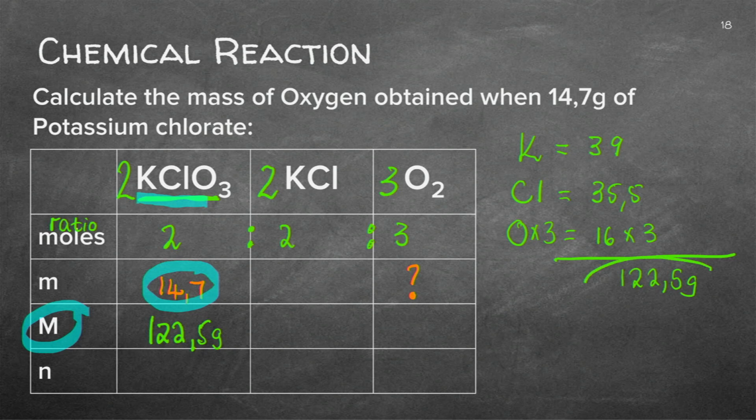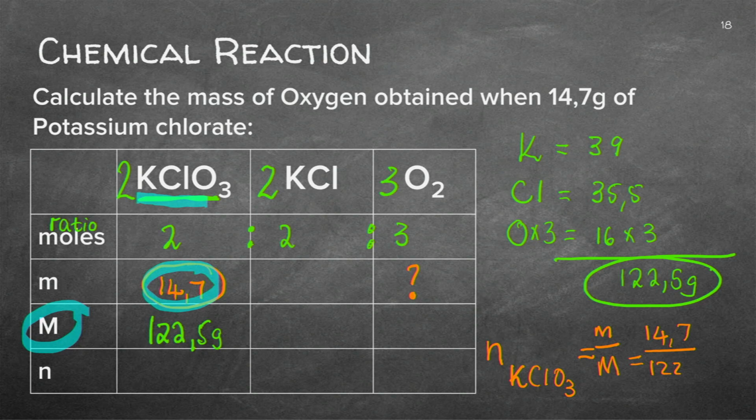Now, what does that mean? I now know 1 mole would be that. They didn't give me 1 mole, they gave me 14.7. So I can go and calculate the moles of potassium chlorate as the mass over the molar mass. I've got that, and I now calculated that. And if you calculate that very carefully with your calculator, you will now find that it gives you 2.88 mole. Now remember what they asked me.